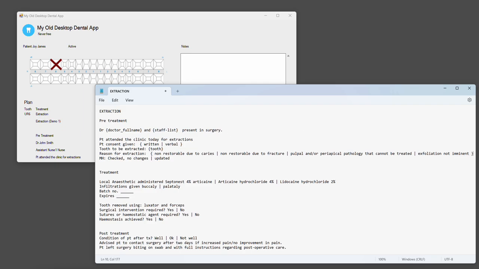Again, not restorable, and this is a list of options. Medical history checked, no change or updated. This is a list of options. Again, local anesthetics is a list of options. Even another list of options. Here you can ask for the batch number, and here you can ask for the expiration date. And again, yes, no is an option, and then you can carry on doing this for all the possible options